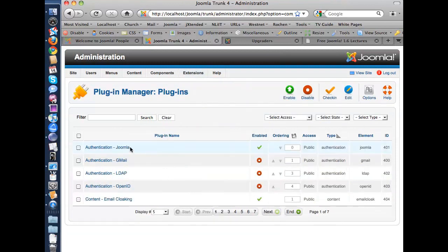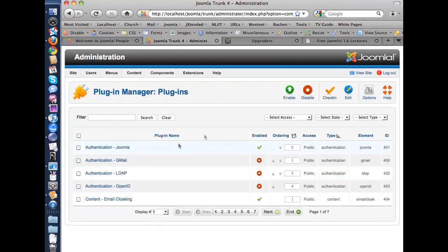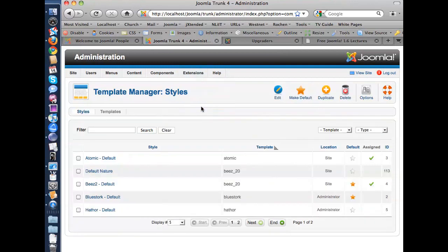Plugins are pretty much no change to the plugins themselves. Plugin management, there are a few new plugins available though. I'll go into language switching a little bit later. Template manager, a lot of change in here